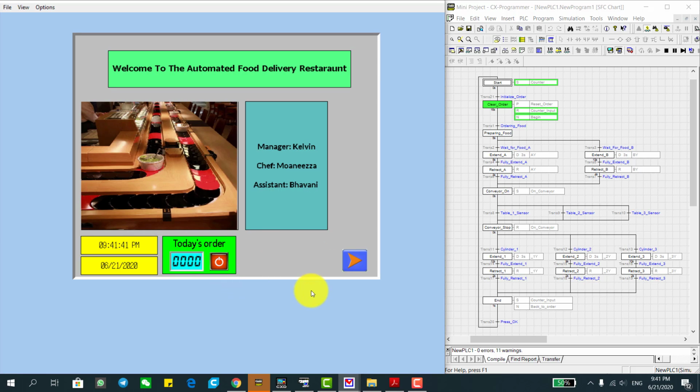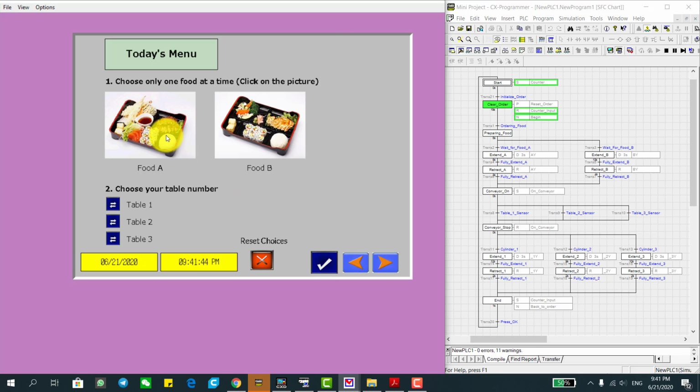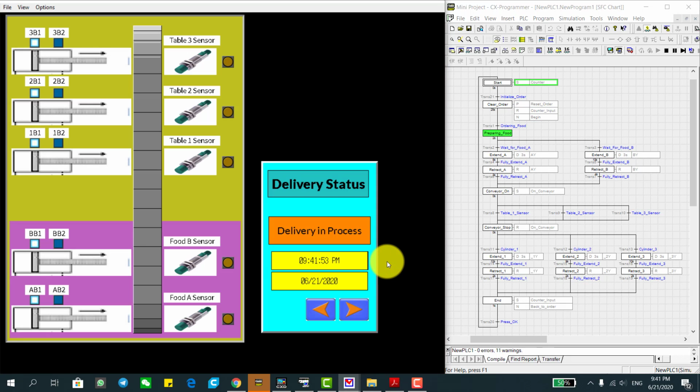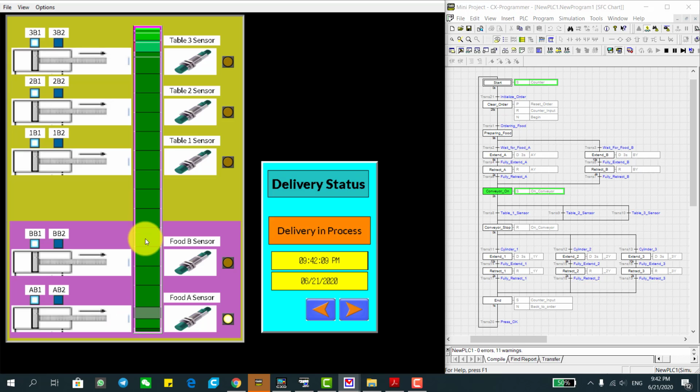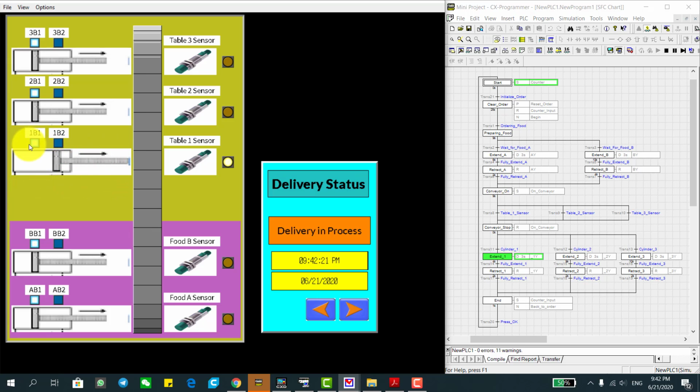So now let's try the last order. Now we select food A, table 1, confirm, next. We can also keep track of this process in the SFC. So food A is being selected. After 3 seconds, cylinder A will extend and retract. The conveyor belt is now moving and delivers the food from the kitchen to table 1, and now the conveyor belt is stopped. After 3 seconds, the cylinder extends,